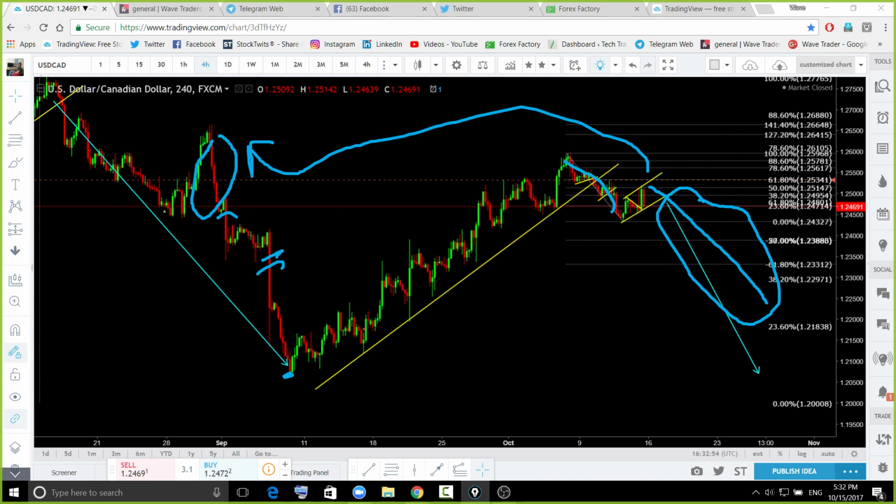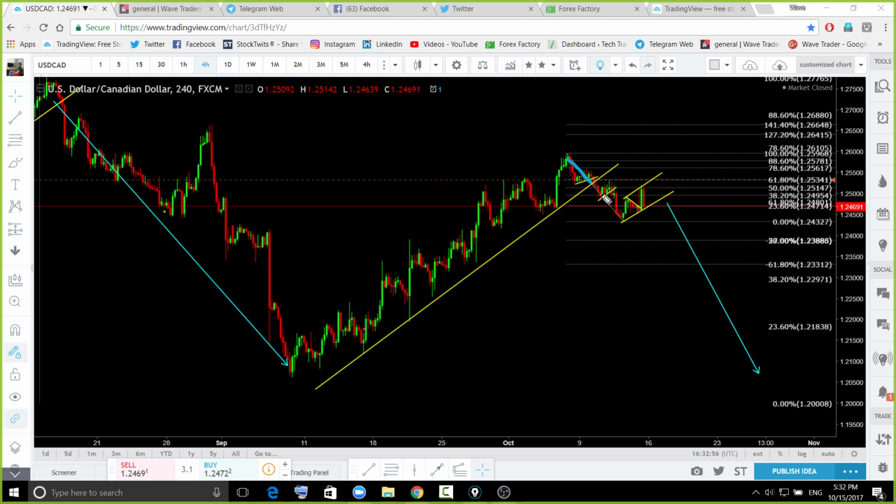Okay, and if it is just falling correctively like that, and another corrective move to the downside, then it can get ready for another up leg, or it can change the trend. So we are not talking about whether the changing trend is over there or not. We can see that it is ready to move to the downside, so we just need to go for that trade. Okay, so next week we're gonna decide